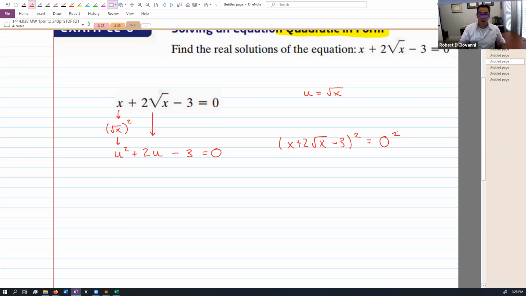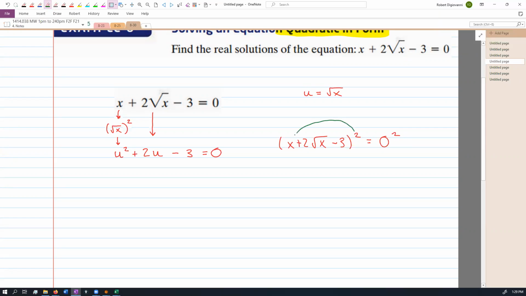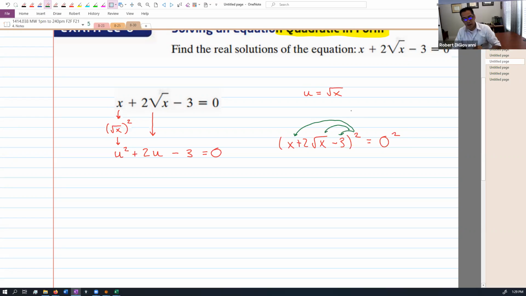So algebraically, yes, you could do that. You're always allowed to square both sides of an equation. That's correct. I mean, that would be a legal move. The question would be whether or not you square it properly. So squaring the left-hand side, you do not square each of the terms. That would be illegal. You can only square each of these if there's multiplication between them. So to square this, you would actually have to FOIL it. You would have to do this times itself,